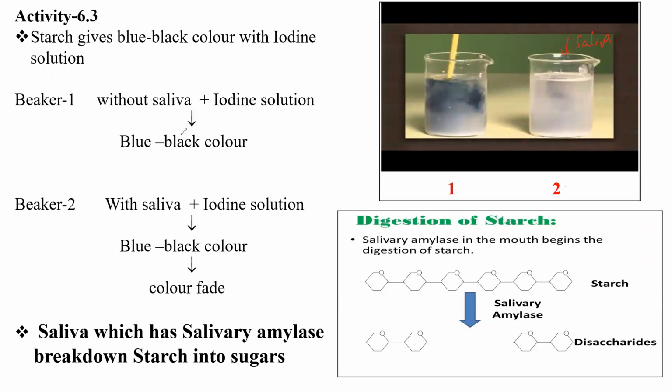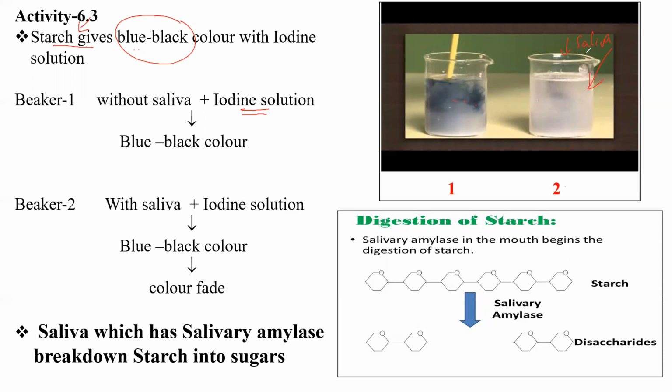Okay, after that, we have to add iodine solution. Iodine solution, you know, is the solution or indicator which turns starch into blue-black color. Wherever the starch is there, it reacts and gives blue-black color. So here we are adding the same iodine solution to both the beakers. Before adding, we have to keep it half an hour at least. We have to give half an hour at least once we add saliva to the starch solution. Why do we have to give half an hour time?